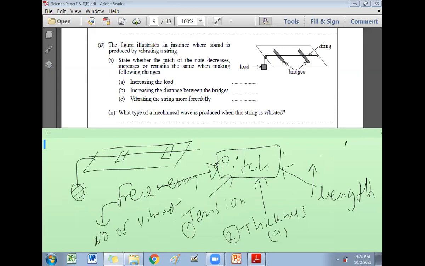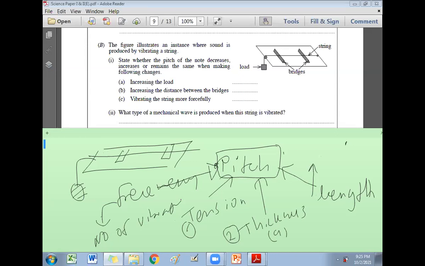These are interconnected. So if the wire given in the figure produces more vibrations, high frequency means high pitch. How to get high pitch? By increasing the tension, by reducing the thickness. Thin wires, high pitch, more vibrations, high frequency. Long wires, not good. To get high pitch, short wires. Now you should be able to tell the answer for this.